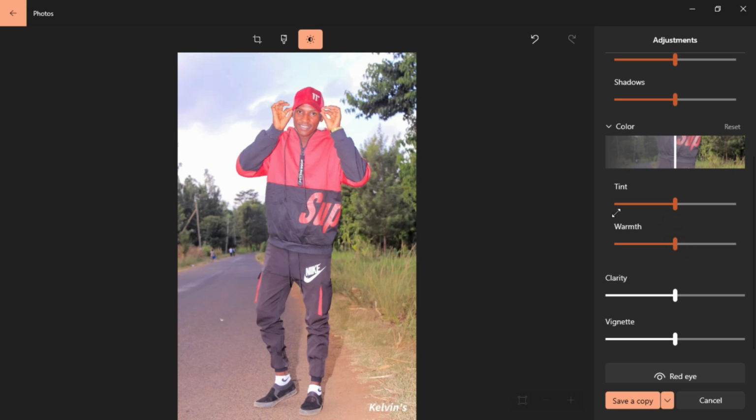I want to do it generally together. There are also things to do with the tint, that is the tinting of colors, and I too don't want to use that. I want to use a very simple task. I want to show you how to do it very simply without adding those things, and finally you get a very clear picture. So the first thing that you're supposed to do is you come to the color,